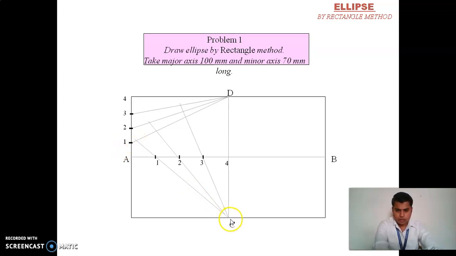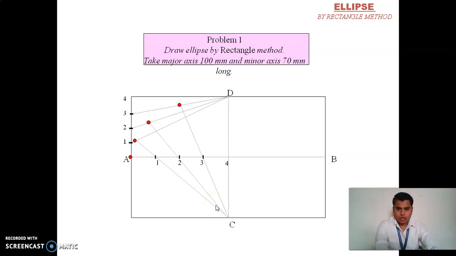Okay. The extension of line C2 will intersect the inclined line connecting 2 to D. Similarly here, we are getting the number of points. So the point of intersection is here. We simply need to extend the line C21, so it will intersect here. C22 will intersect somewhere, and C23 will intersect somewhere here.